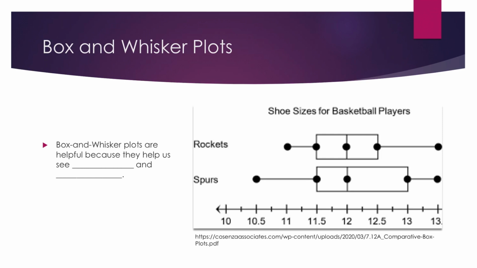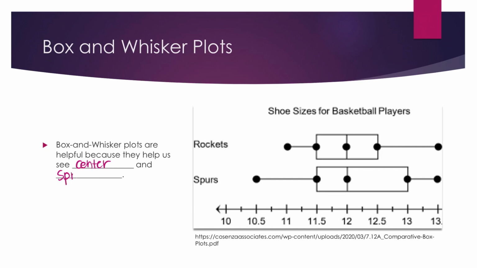First I want to go over box and whisker plots. I did talk about this in a previous video, but I have this graphic here about shoe sizes for basketball players that I found on the internet. It compares two different teams and their shoe sizes. What we can see is that they both have the same median, but the Spurs have a significantly larger spread. Both their interquartile range and their overall range are much bigger than the Rockets, who are a little bit more close together. So box and whisker plots are super helpful because they help us see the center